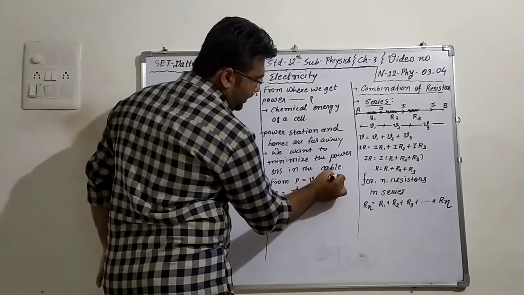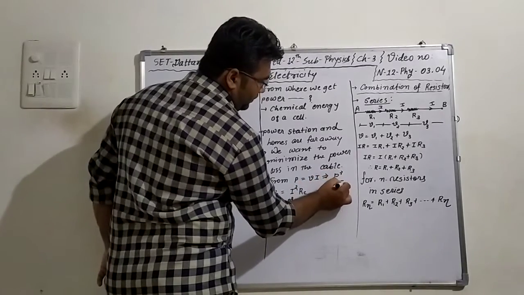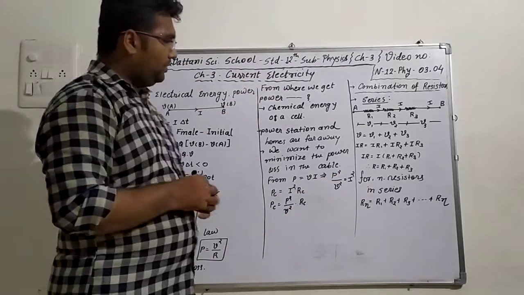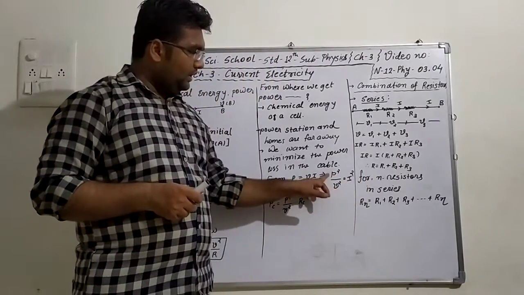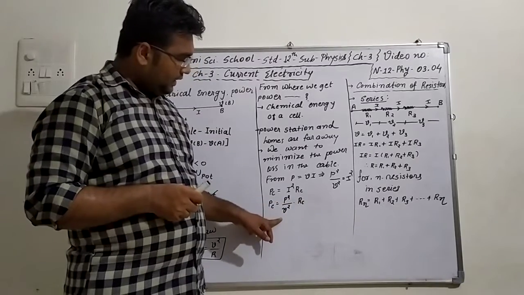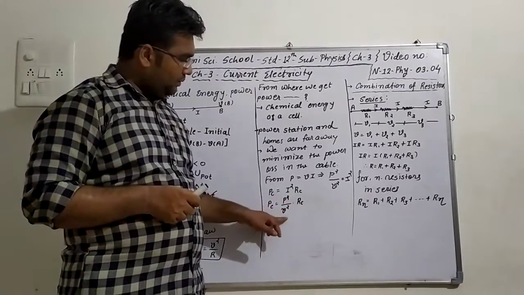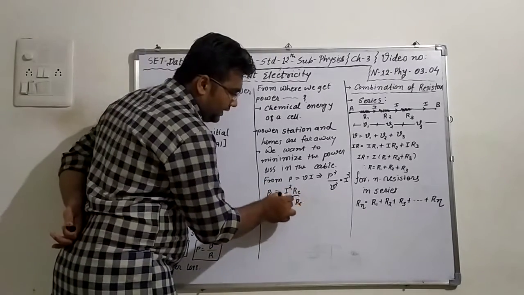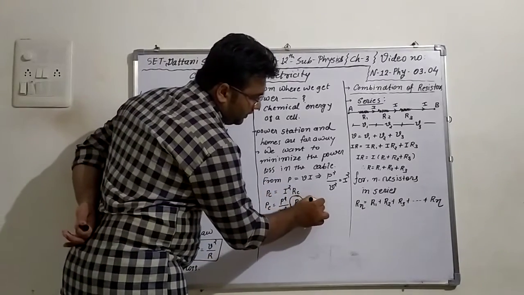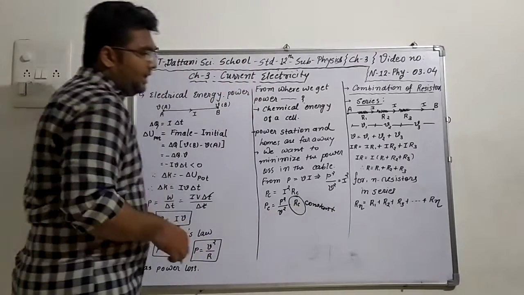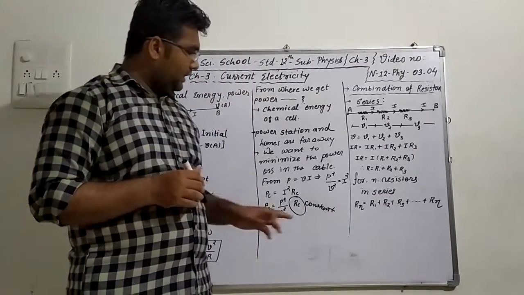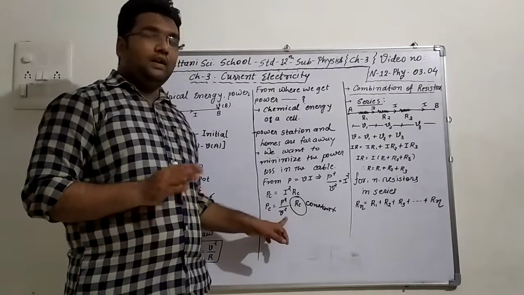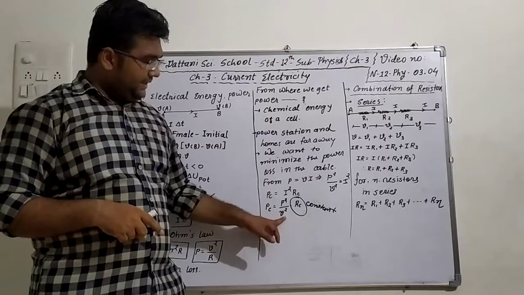If we make I the subject in P equal to VI, we get P square upon V square equal to I square. If we put the value of I square, P square upon V square, here, then we get PC equal to P square upon V square into RC. But here RC is the resistance of a transmission cable, and that is constant. Power is also constant. Then the variable here is V.